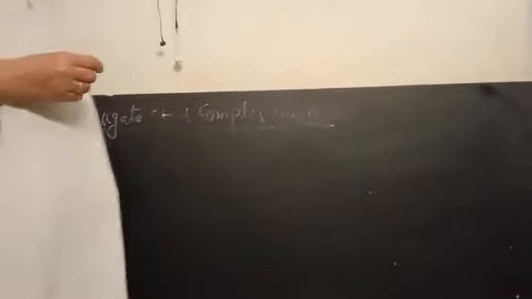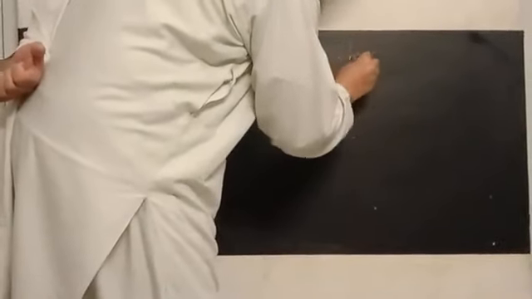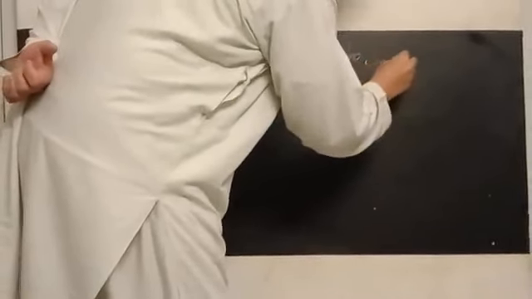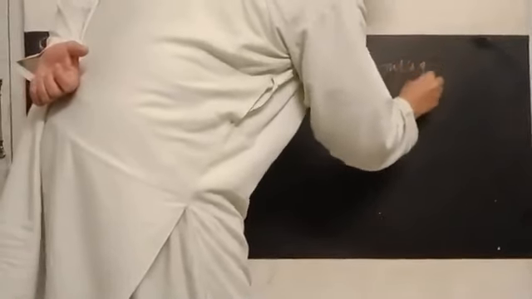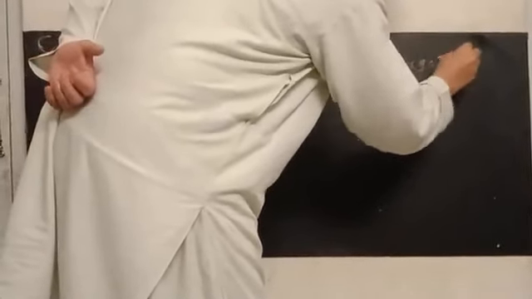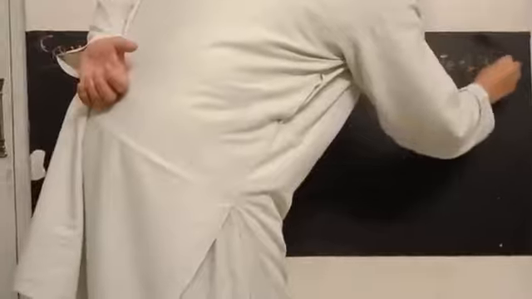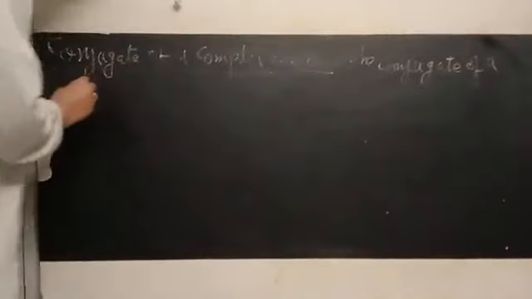Conjugate of a complex number is also a complex number, and it is denoted by the conjugate of a complex number